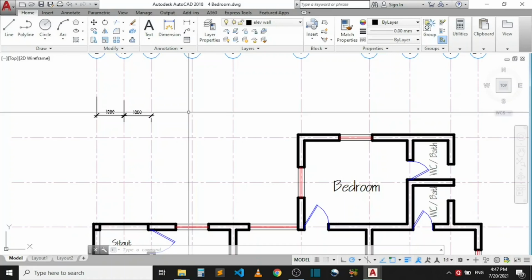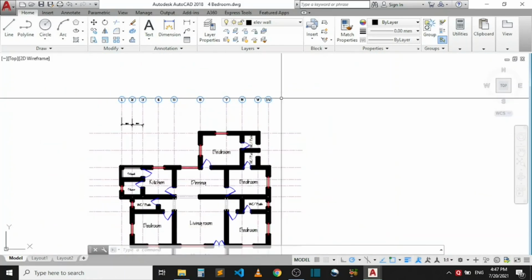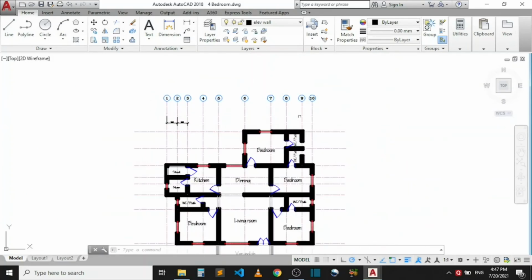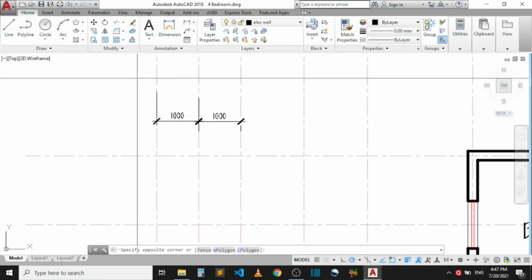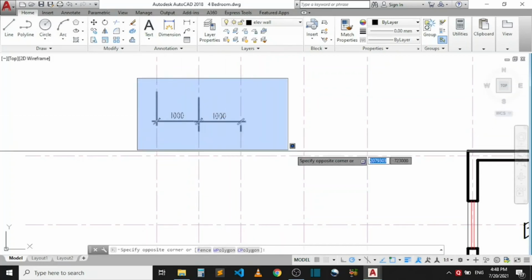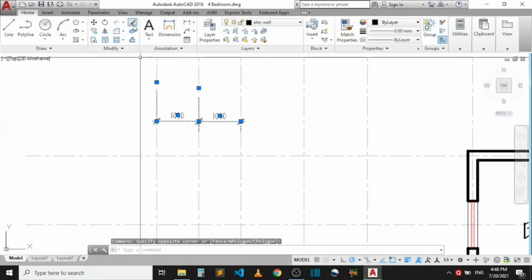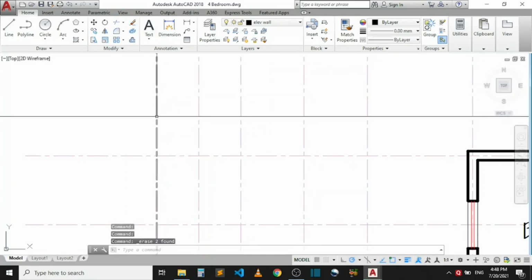It will really be a very tedious work if I keep on doing that. How about in situations that have up to 20 grids? You see that doing the dimension one after the other will be a very tedious work and will not be feasible. So not to waste my time, let me delete this dimension. I'm going to delete this by highlighting it. Okay, I highlight the whole of it like this. Then I can use my eraser here, or you tap on your delete key on your keyboard. So let me use this and click it, that's gone.